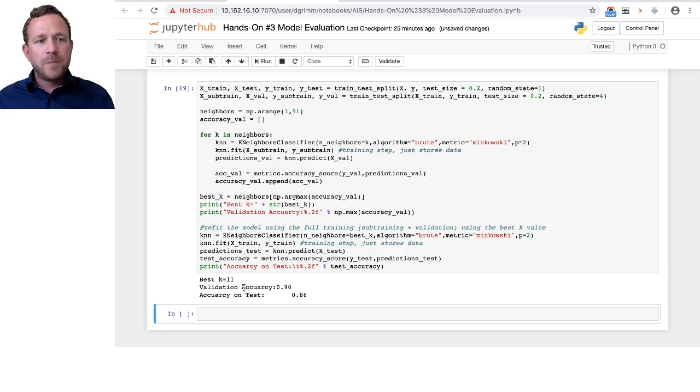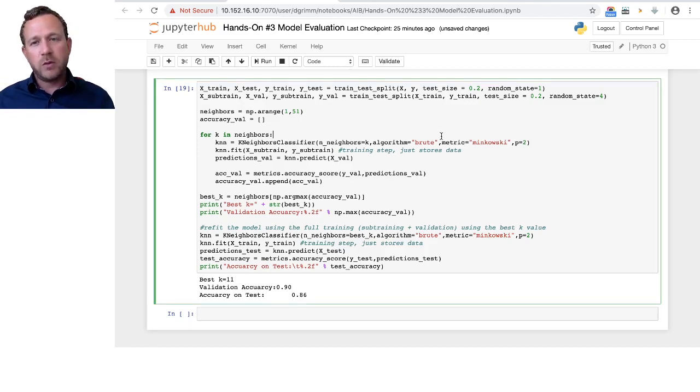Now, one of the questions we should ask ourselves is, is this better than what we did before? What could be a problem here? One problem could be that our data set is maybe too small. We only have 500 samples. We don't know if our training data, testing data, and validation data have been good splits or represented our distribution. So for example, if I remove the random state